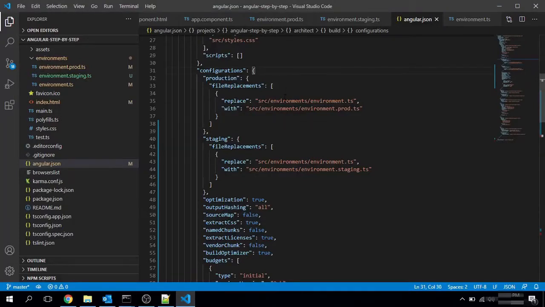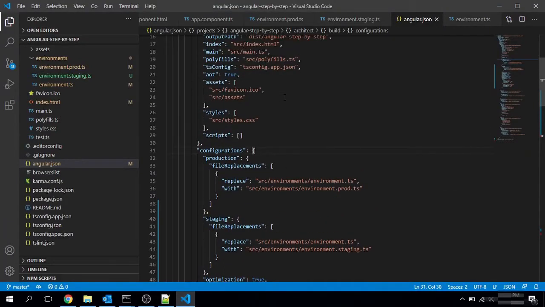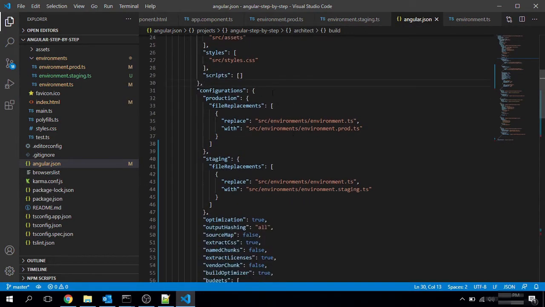Now we have configured our Angular application to compile a build for multiple environments. Everyone has a different API and different database for staging and production servers.